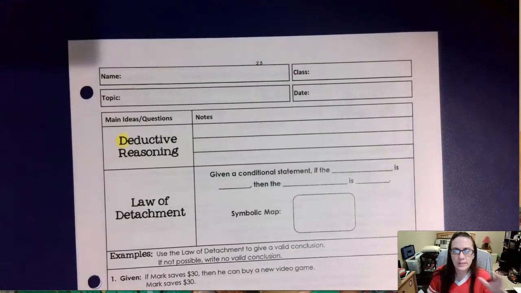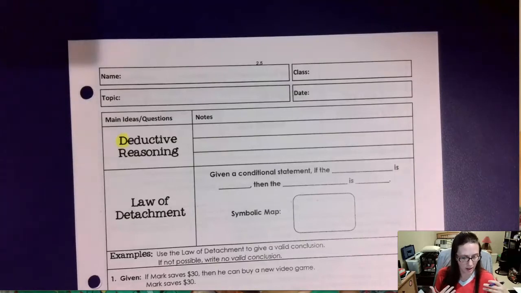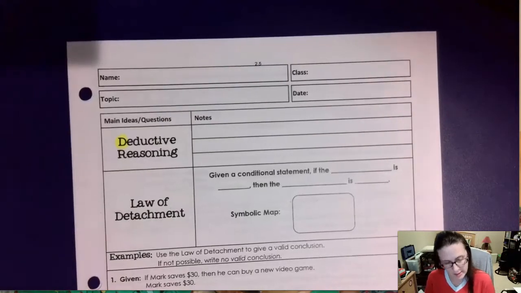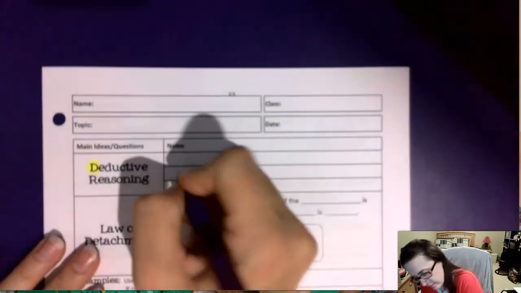Inductive reasoning is when you observe things, there are patterns, and you make a hypothesis based on what you see in the observations that you've made. You look around and you see your patterns. Deductive is based on facts. You know facts, and you make a decision and a conclusion based on your facts. So deductive reasoning is drawing a conclusion